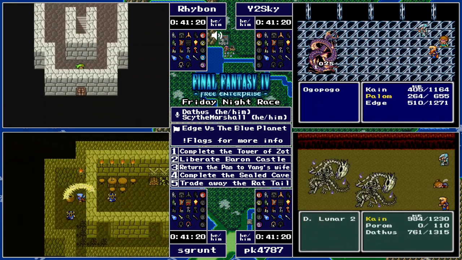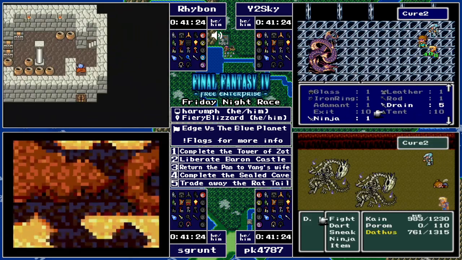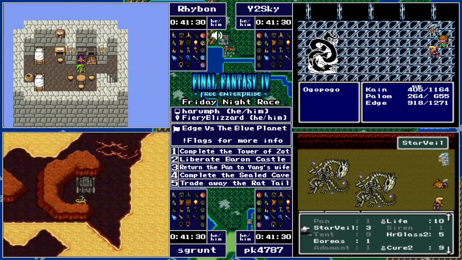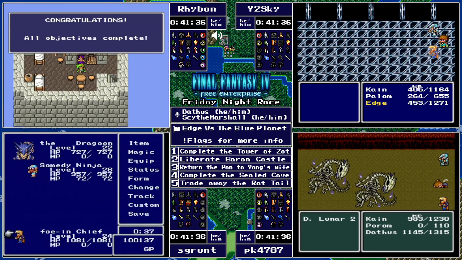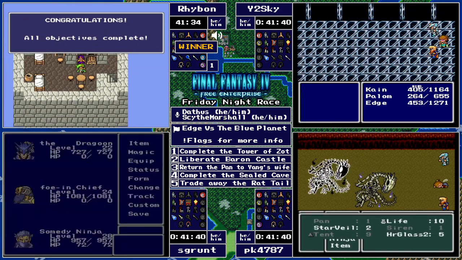Yeah, this is the other option. Instead of trying to out damage the D-Lunars, what you can do is set up your walls, and then you wait a few turns, and the D-Lunars will bounce breath off the walls onto themselves, bypassing the boss bed. Meanwhile,